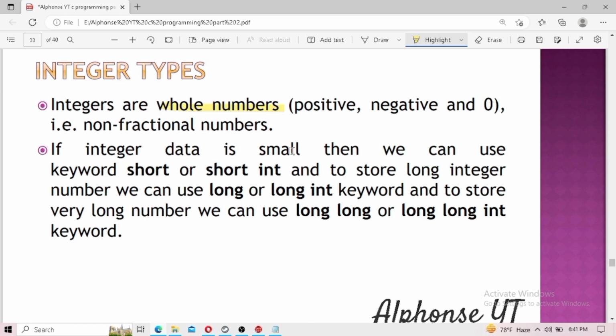If the data the user will be giving is very short, then we will use the keyword short or short int. We can use both because both of them use the same amount of bytes in our memory. And if the data that the program will be receiving is long, then we can use the long or long int